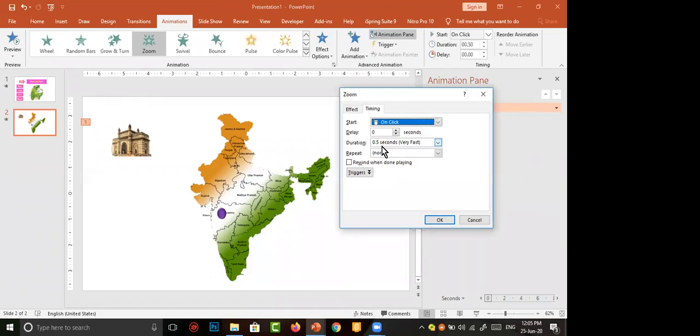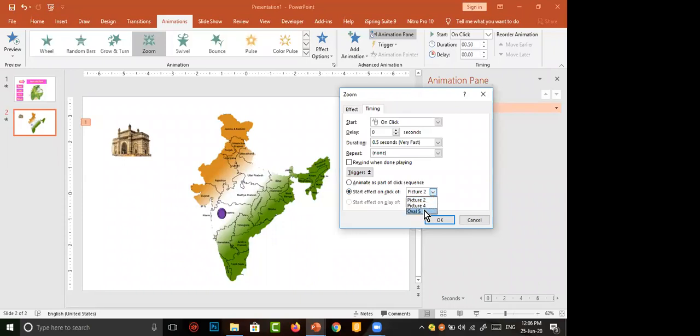In timing, we move to triggers. This appearance should start on click of. Now, what we think is two pictures are there, but actually this is one, map is two, this button is three. So you have to click on start effect and click on oval.